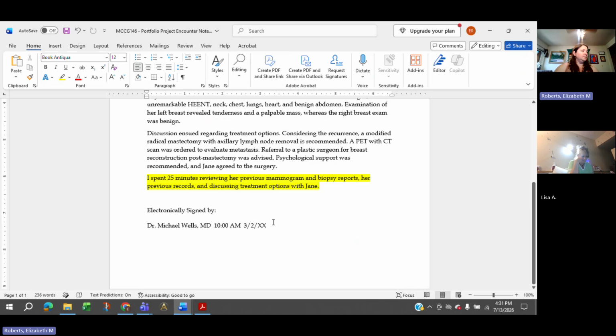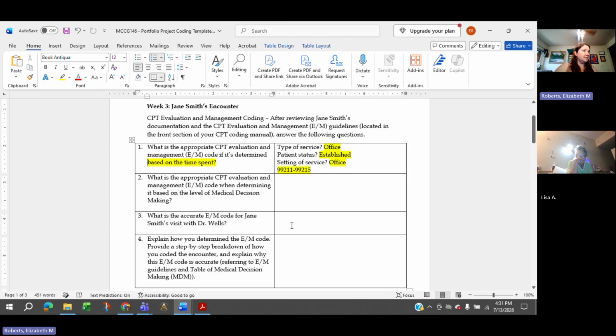Okay, so going back to my book. 99212 was 10 minutes. 99213, that's 20 minutes. 99214 is 30 minutes. So in this case, we can't get to 99214 because we haven't reached that 30-minute limit, right? So even though 99213 is 20 minutes, we got 25.